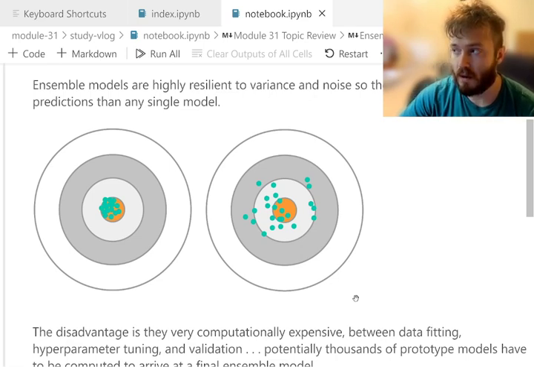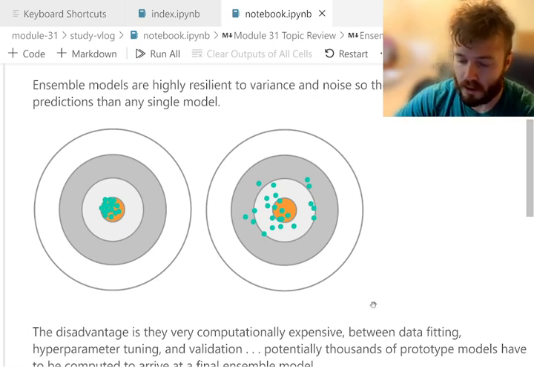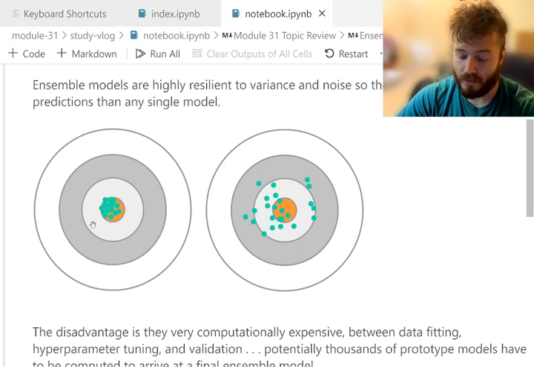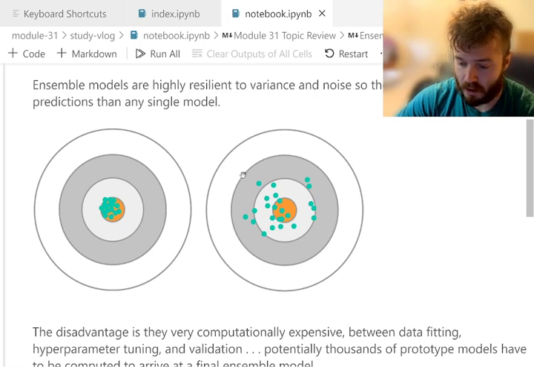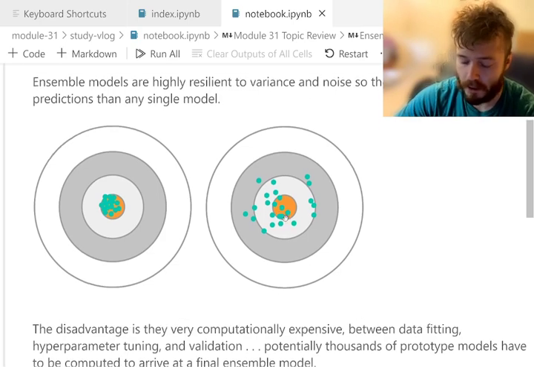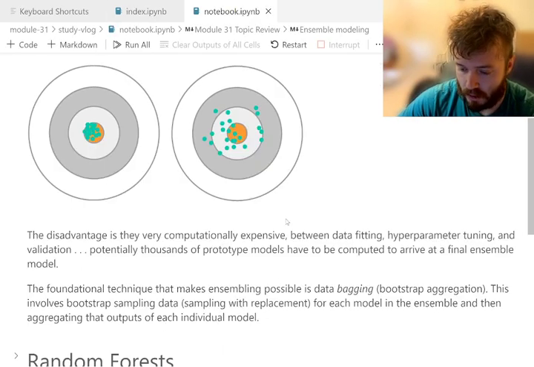and they use the aggregation of all those predictions to make the prediction of the ensemble model. You can imagine that if we took all these data points on the target and averaged them, they would converge into a distribution very similar to the one on the left. You might have a model that makes these predictions, and another model that makes these predictions, and so on. But if you average the predictions of all those models, they'll all regress towards the mean. That's what's going on with